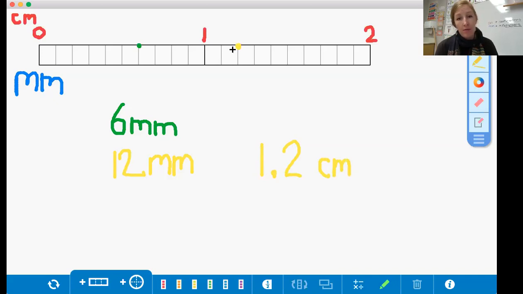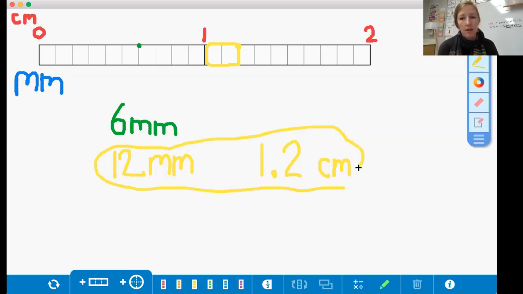If you want to think about this in fractions, this yellow part here is 2/10 of a centimeter. There's 10 millimeters in a centimeter. Well, this is just 2/10. And when we use decimals, that would be exactly how we would read it, 1 2/10 of a centimeter. So you can say 1 2/10 or just 1.2, but there are 2 different ways to write it,